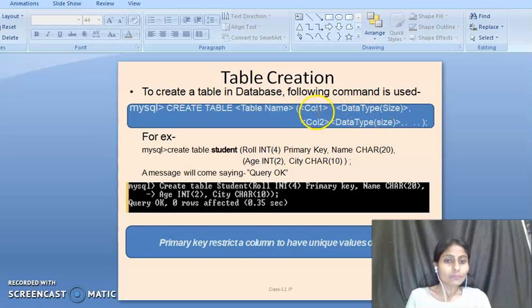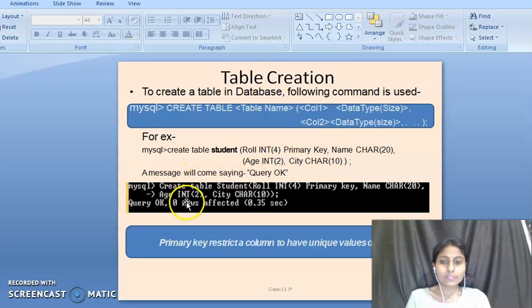So firstly we type the column name, then the data type, then we mention the size here. In the same manner, we have to define all the column names, all column data types, and their sizes also.